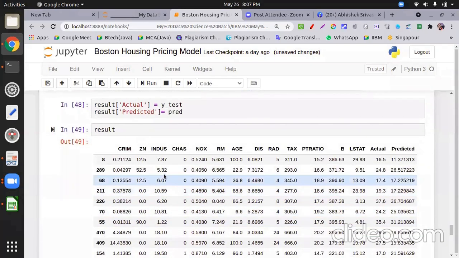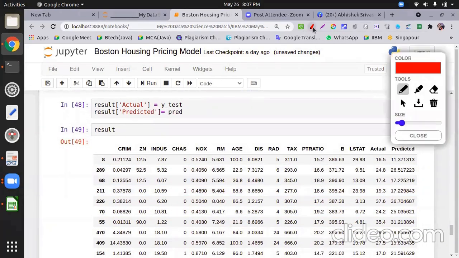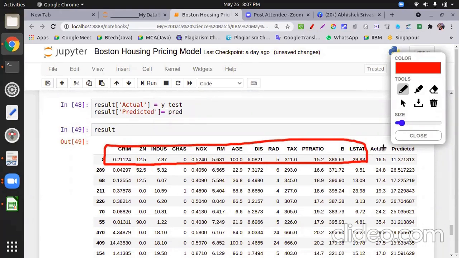Now check what we get from the regression model. If crime is this, ZN is this, and all these inputs are this, my actual value is 16.5 and then my predicted value. Some are a lot far away from the actual value, while in this case we have a nearby value. This is nearby but not exact. This is again far away.